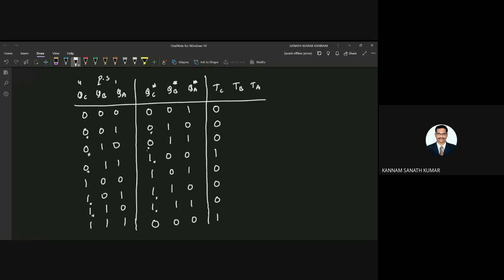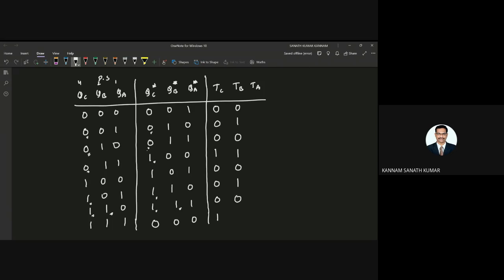So when it is 0 0 0, 0 1 1, and next 1 1 0. 1 0, so 1 0 1. And next 0 0 0. And next 0 1 1, 1 1 0.